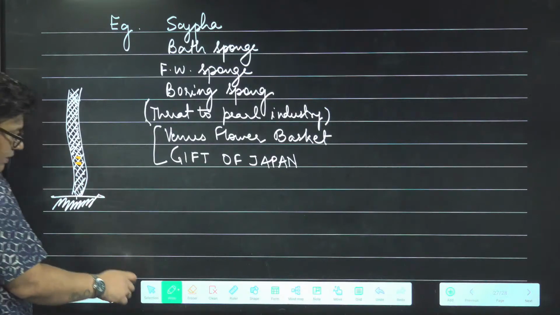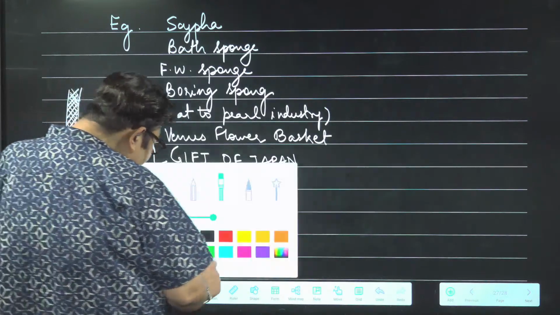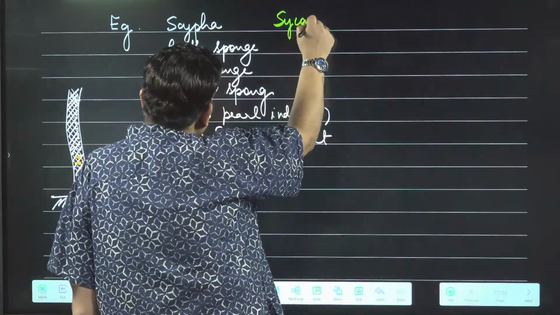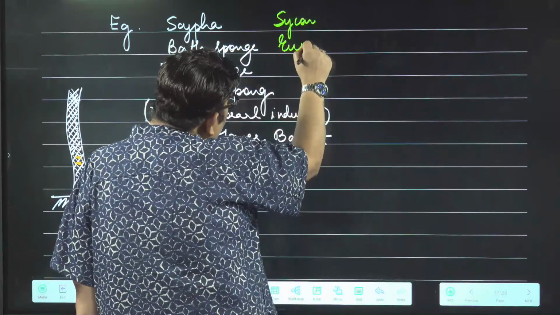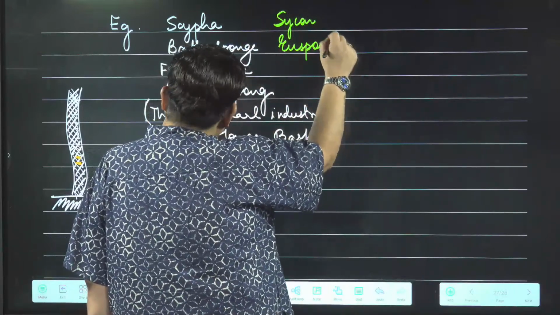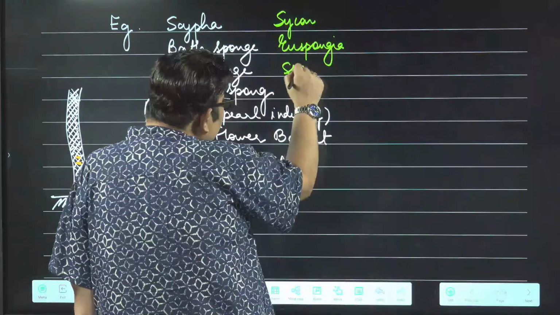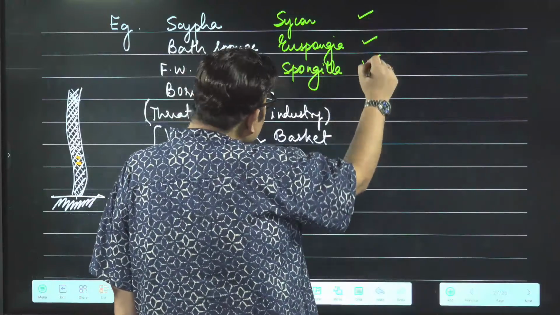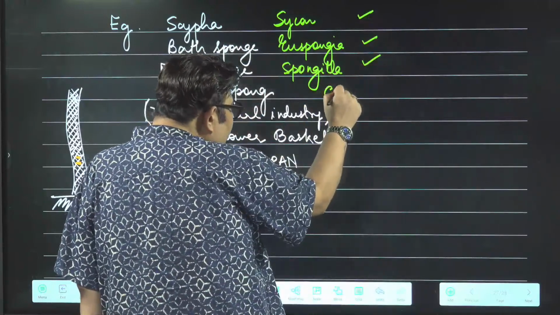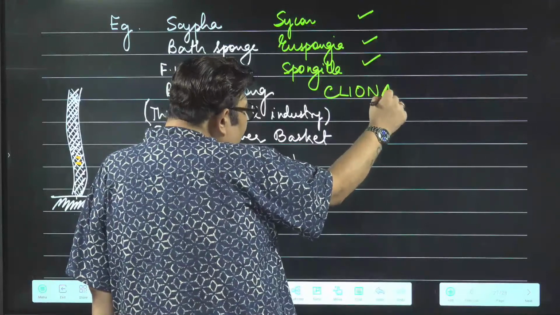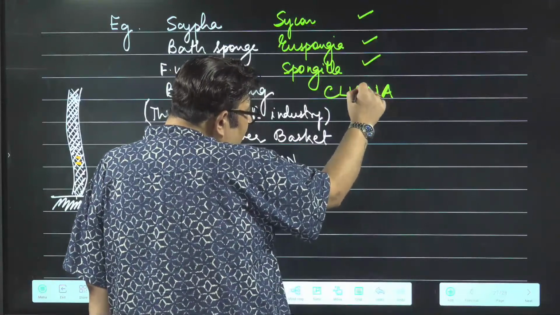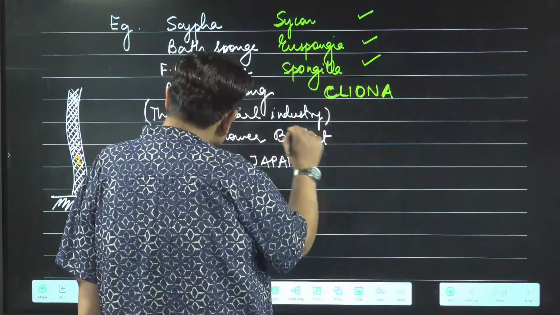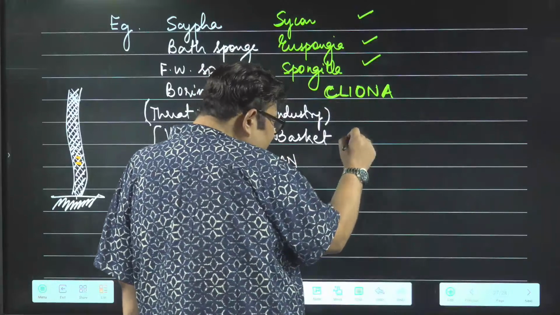Okay, these are some common names, and I'll write the scientific names. This is Sycon. Bathing sponge is Spongia. Freshwater sponge is Spongilla. These pictures are given in the textbook. You have to do the pictures also. Boring sponge is Cliona. It kills the oysters, pearl oysters. Cliona. And the Venus flower basket is